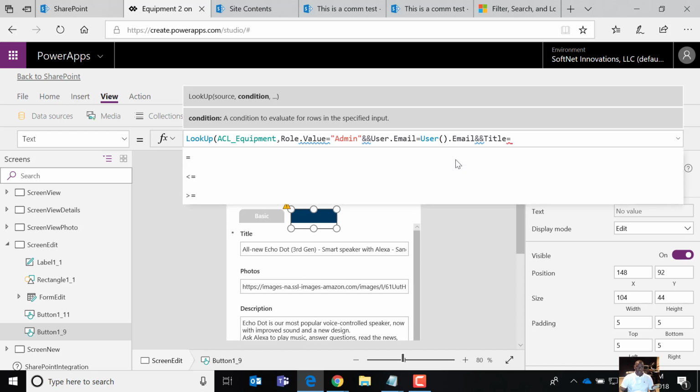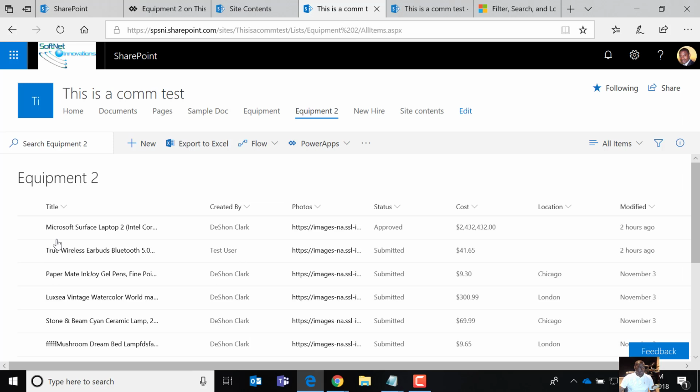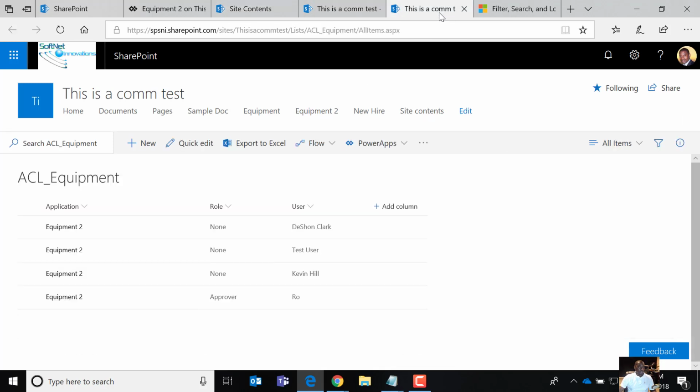Again, I just took the title column and renamed it, but that was a display rename. Everything I'm referencing here as far as the site column within that list is the internal name of that site column, right? I'm not going to go into detail on the difference between internal and external, but I will show you how to find it, because that would be helpful. If you're looking at any one of these columns, if you actually sort by that column and then look at the URL,